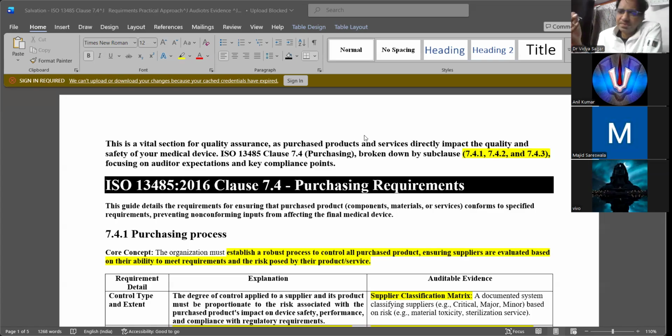Basically I don't agree with that. Purchasing requirements and purchased material have a direct impact on the device or the product.